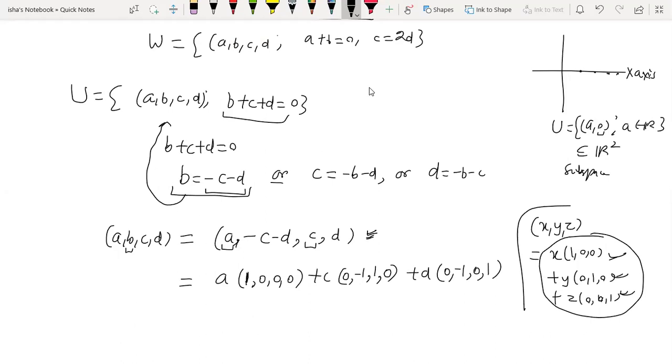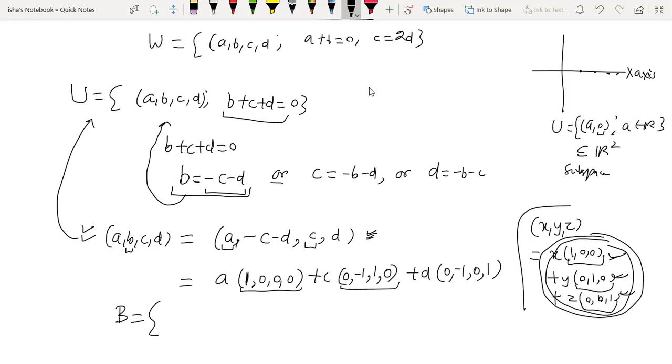The important point is you should know that we are looking for a basis. So we are looking for this kind of representation, that some vectors should be there whose scalar multiples and linear combination will generate a general element of my space U, right? So this is a general element of U because I have substituted b is equal to -a minus d. So that means I form this set containing these three vectors, this one, and this one.